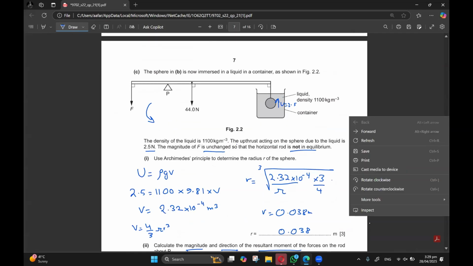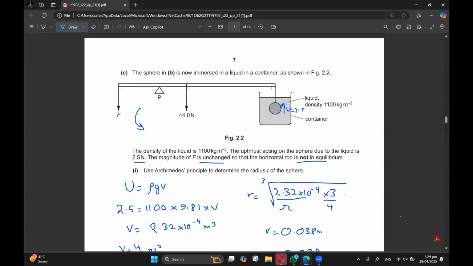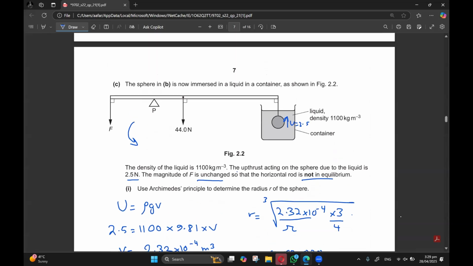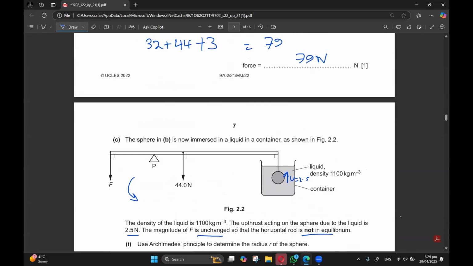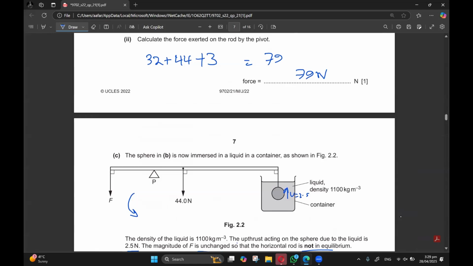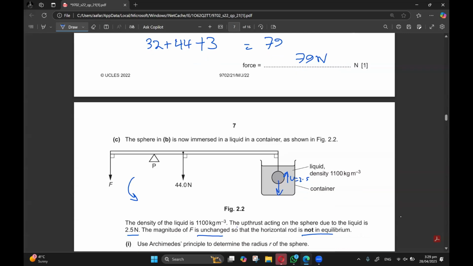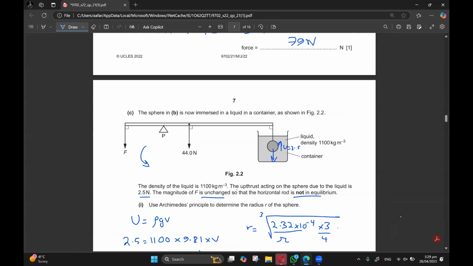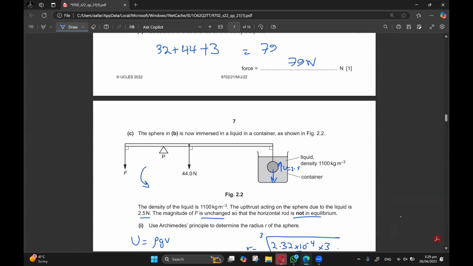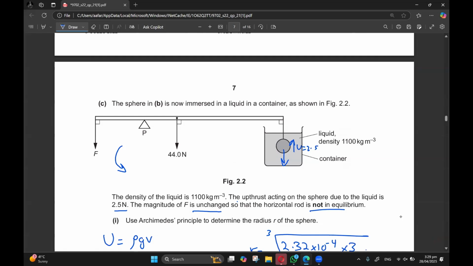And we know now that the sphere has weight and it has an upthrust. They are both acting in opposite directions. So that will add up to give us the resultant, which will be